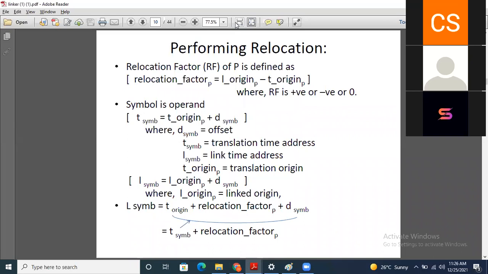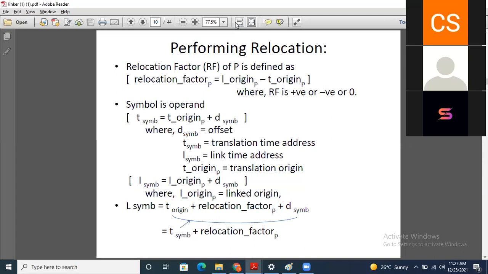Suppose my translated origin is 500 and I have to link from the 100 location. I have the available addresses from the 100 location. Then in that case, my link origin is 100 and translated origin is 400. So 100 minus 400 is minus 300.